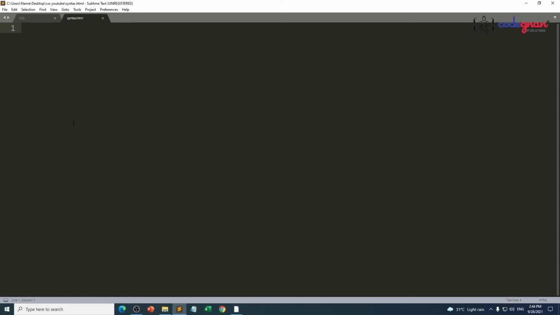You are not going to perform any new things. Simply the elements you have seen in HTML, those are the elements you are going to work with here, but instead of just writing that element, you are going to apply some styling to that. That's why we are going to use the .html extension only for CSS also.